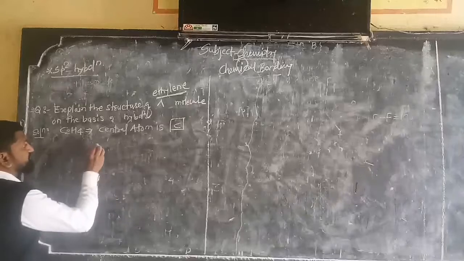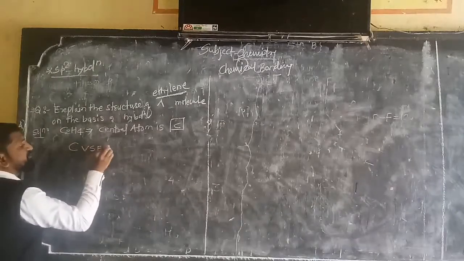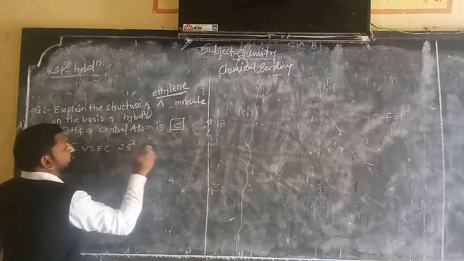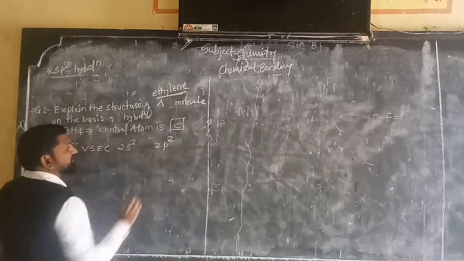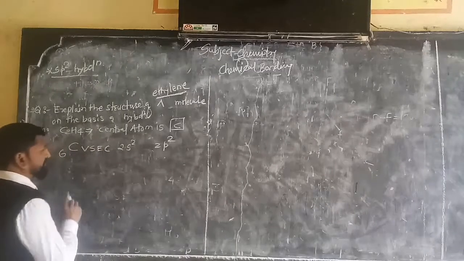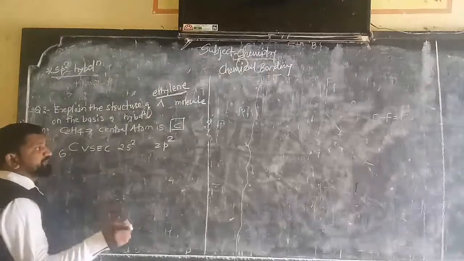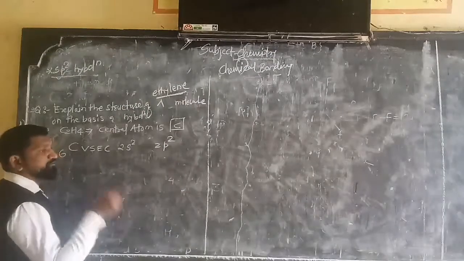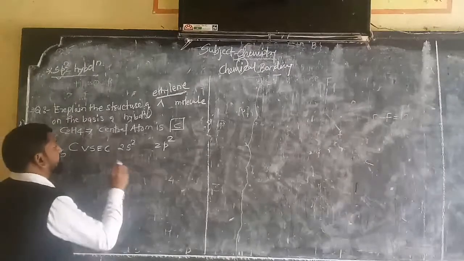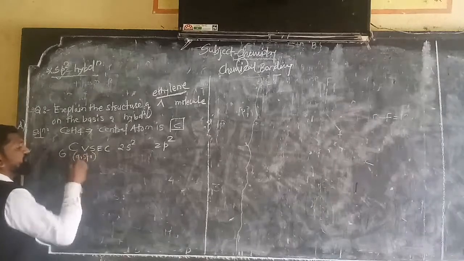Now listen here carefully. This is your carbon. Directly I am writing the valence shell electronic configuration. Carbon atomic number is 6, so it will be 2s2 and 2p2. Exactly, 2s2, 2p2. Now see here what happened. We are learning this topic for sp2 hybridization. Therefore only 3 atomic orbitals, 1 s and 2 p atomic orbitals, will take part in the hybridization. So this is the valence shell electronic configuration in the ground state.